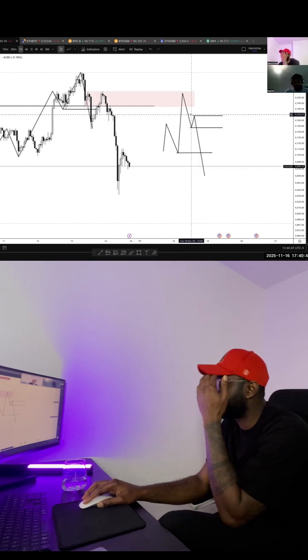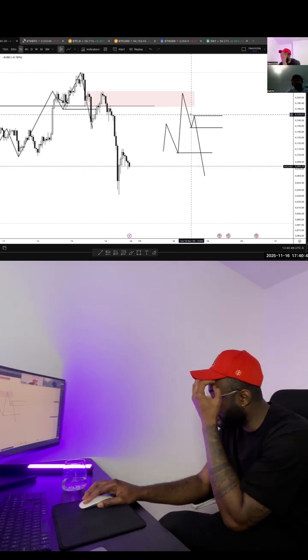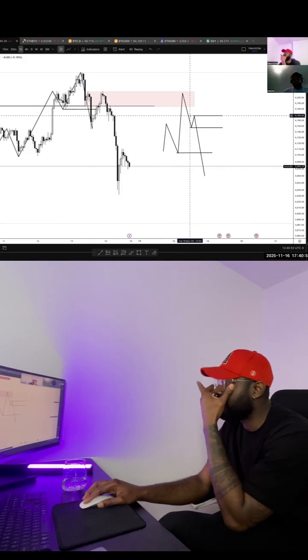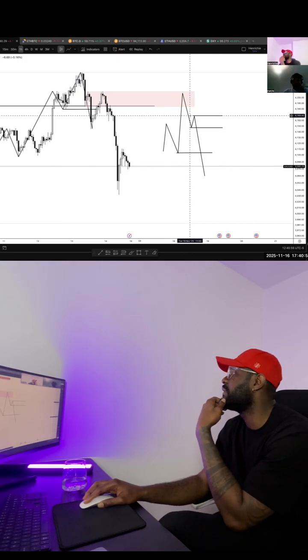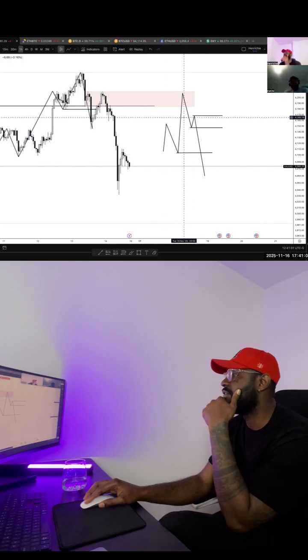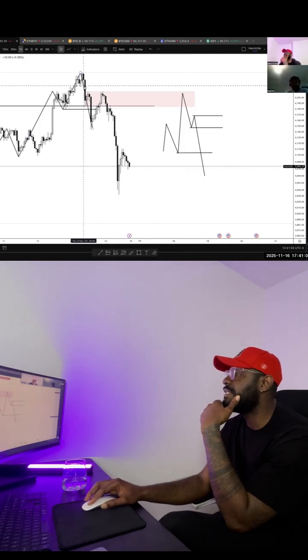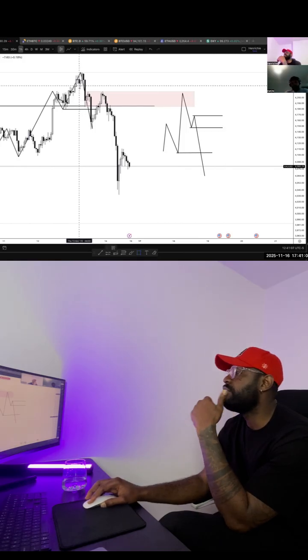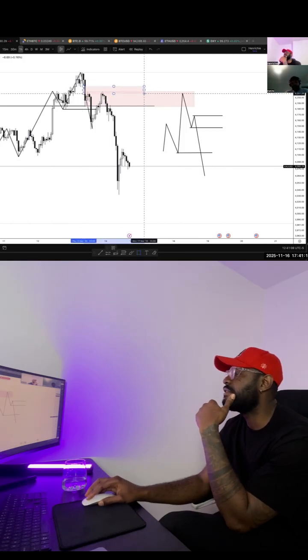Some traders call it order blocks. Some traders call it a lot of other things. But for me, it's just a point of interest, just the same way we use a fair value gap. Because you can see that in this case, we also have a fair value gap here. And even though I'm trying to show you how you can get into this trade